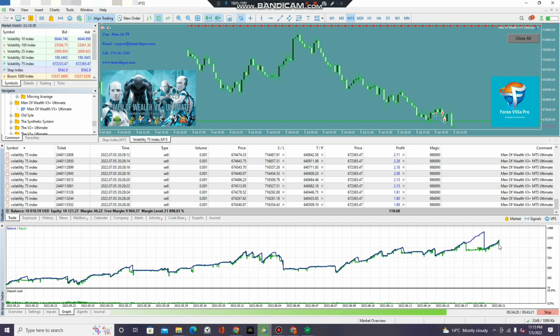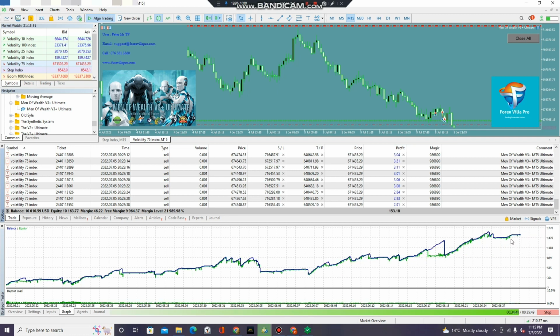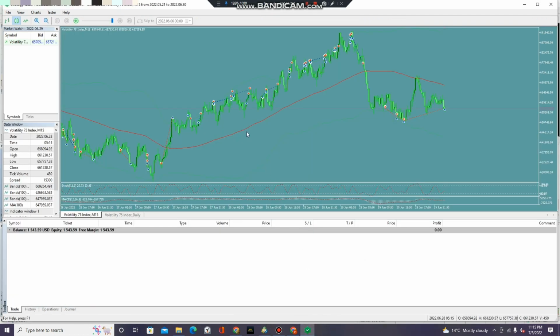So that's the loss that I'm talking about. And just look at the recovery itself after the loss, guys. Look at how it's going right there. It's going for 1.5. And after the loss, look at that 1.5 touch. And it's still going, guys. Look at that 1.6 touch. And look at that loss. And the recovery is magnanimous, man. End of test,